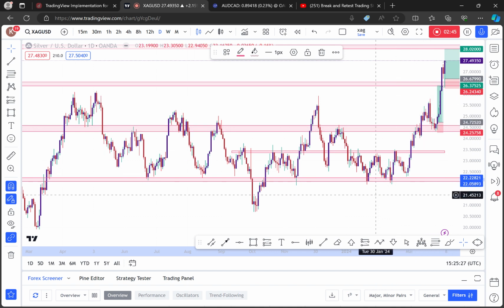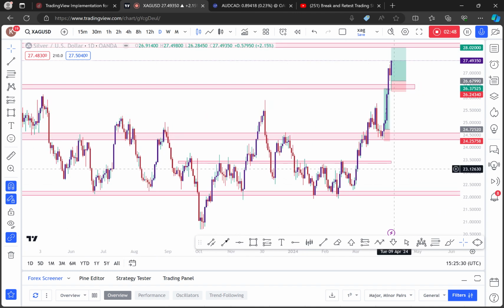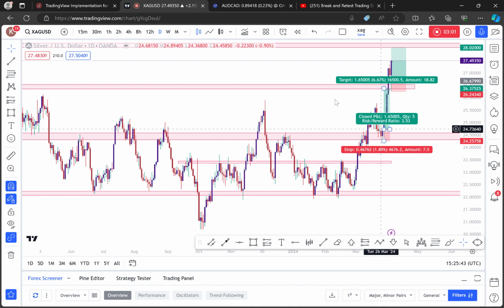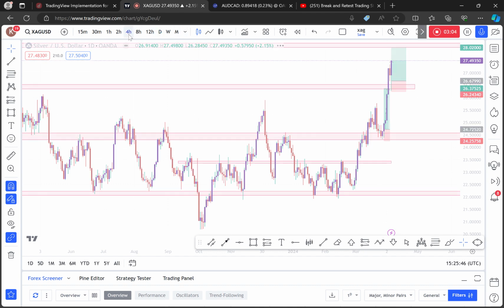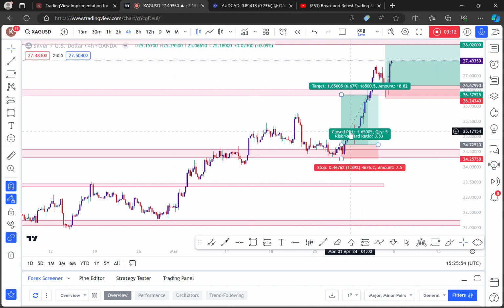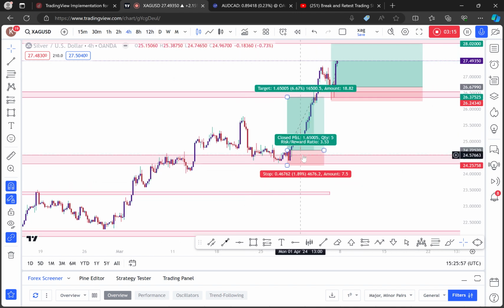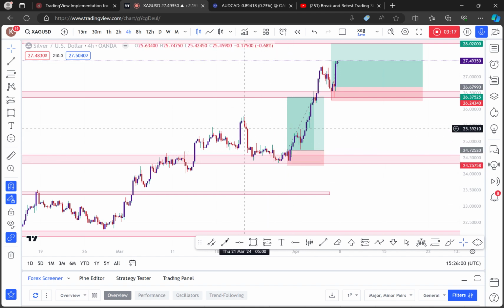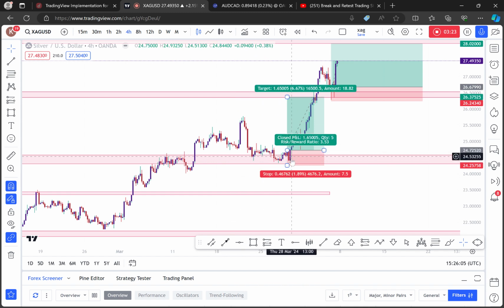So here we may trade a strategy that we call break and retest of different zones. Have a look at this. This was previously our resistance zone, but price came here, broke this zone and retested. After that, when I move from the daily, I may go to the 8 hours or 4 hours time frame. As you can see, after price retested this zone, our previous resistance zone, which is now support,